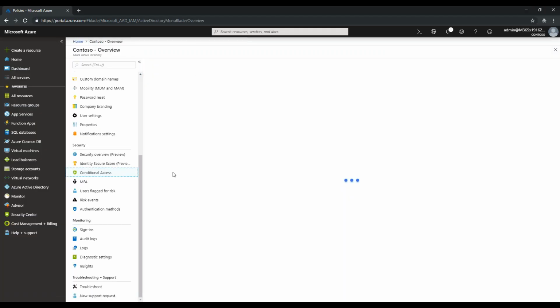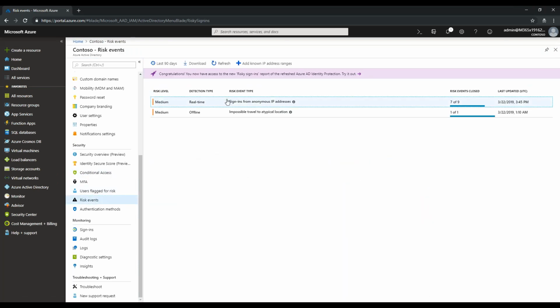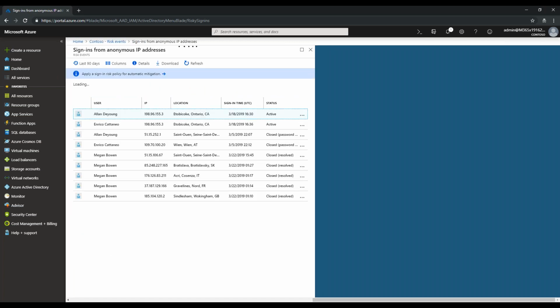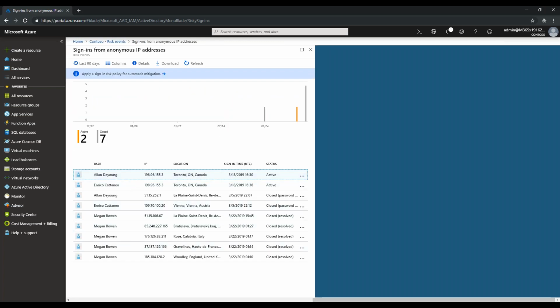Now in here, I can go to risk events, and I can see the actual risk events that were happening. It says that the detection type is real time. There has been some sign-in from an anonymous IP address. I can click on that and see there were multiple users who attempted that. And this one, Megan Bowen, is the one that we tried.